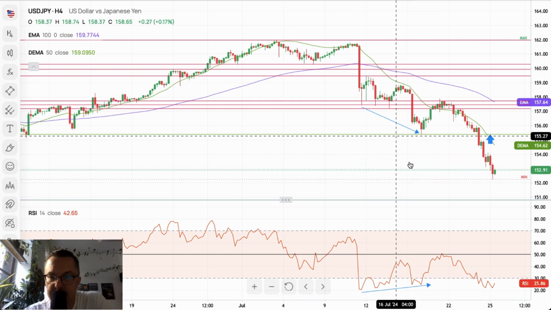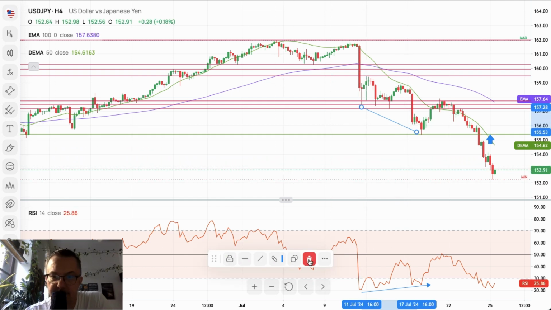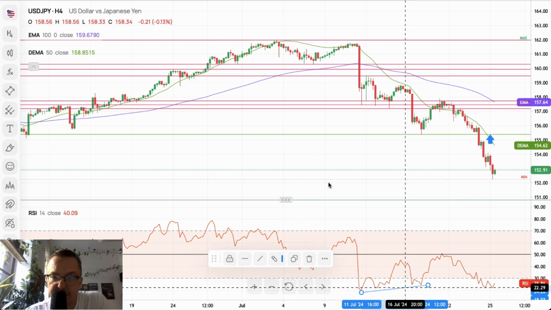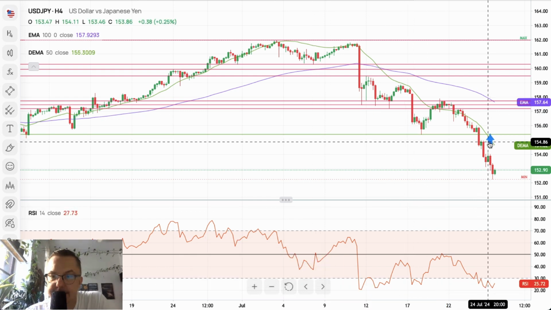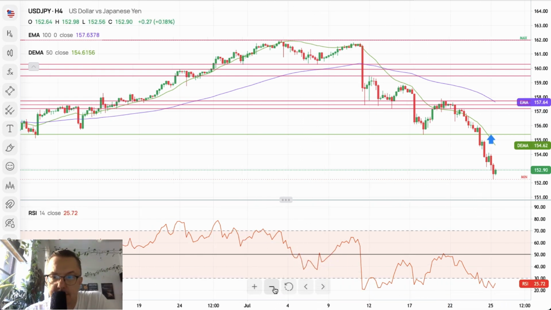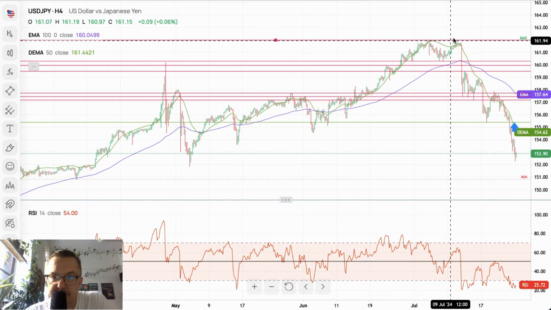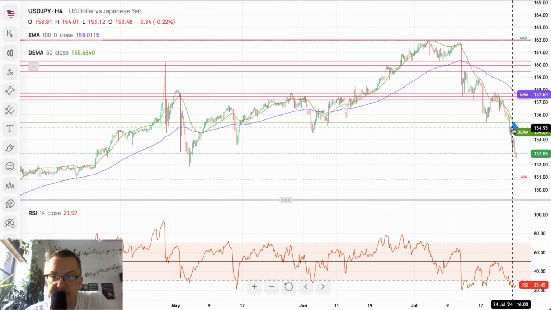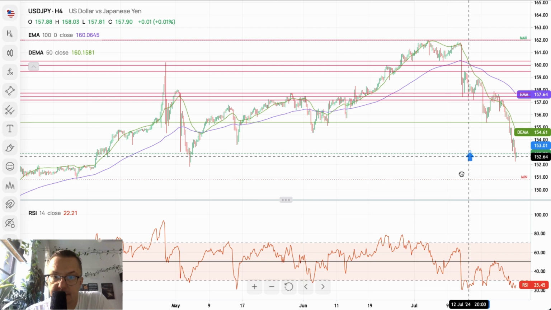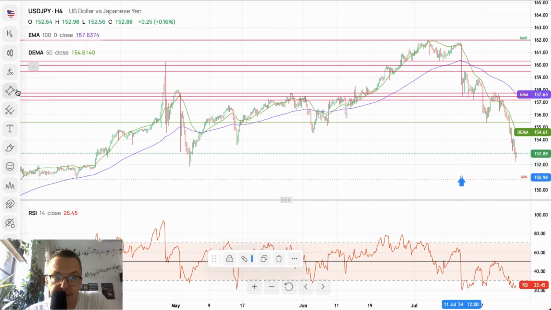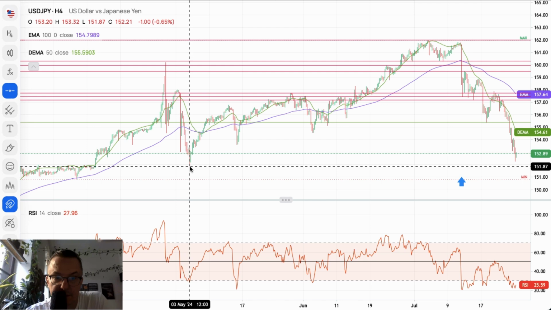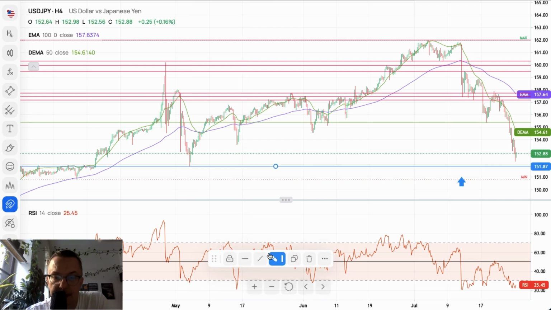As you can see, it's coming down and down and down, as the Japanese yen is finally strengthening, and if we zoom out, you can see that this movement here is a serious movement. This is a serious movement to the downside. First, let me find the technical support. This is the post Bank of Japan intervention support,